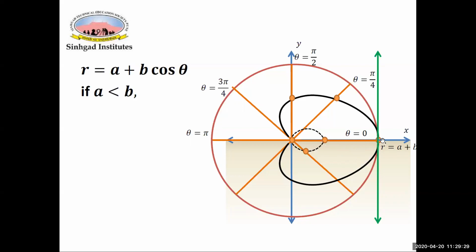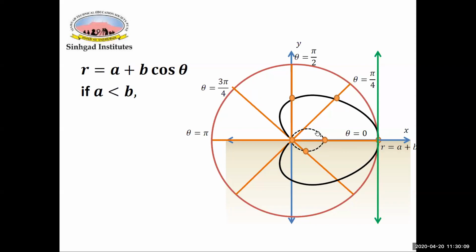And hence, your radius vector will start moving from a plus b. Then it will go to this point, a plus b by root 2, then a, and then before 3 pi by 4, somewhere it will become negative, and then at pi it will be a minus b. This side is a plus b and this side will be, sorry, this is a minus b. See the difference over here, after passing through the pole, it is entering the negative region and then it becomes negative a minus b.